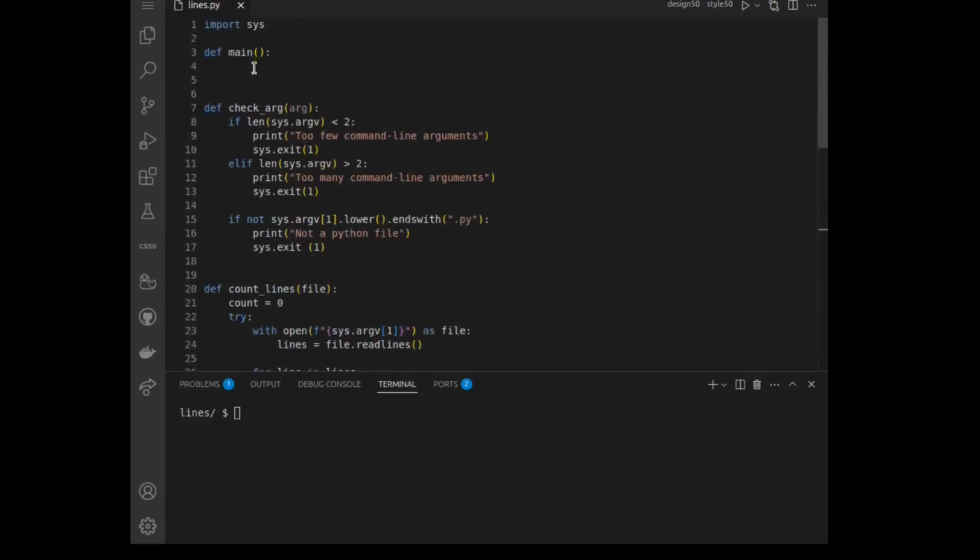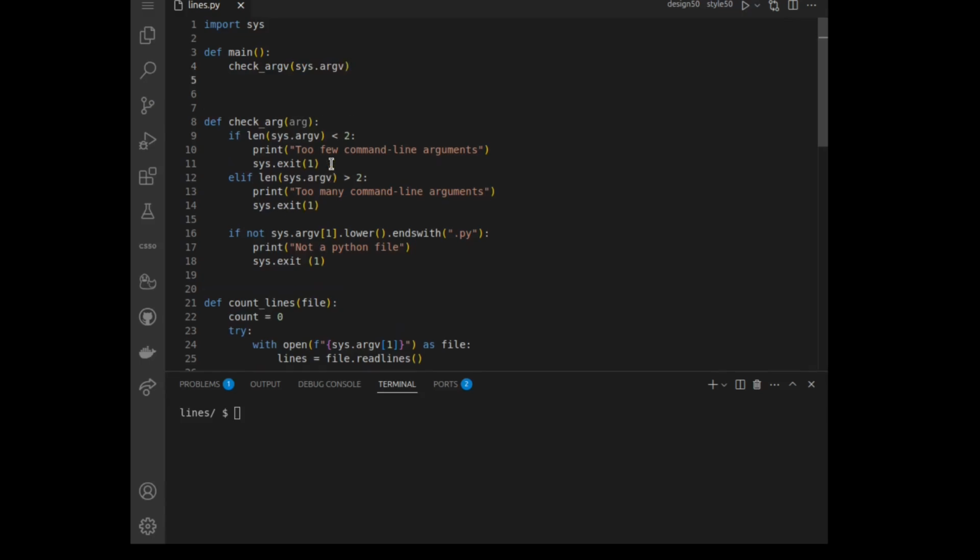So now in our main file, in our main function, now we're just going to call this check.argv function. We call this function with a parameter. So the argv, now we are going to have an if statement that says if the length, we're going to be checking for the length of the